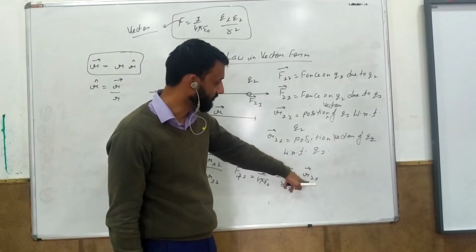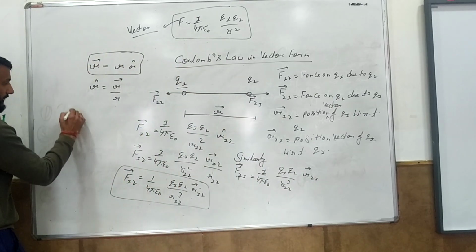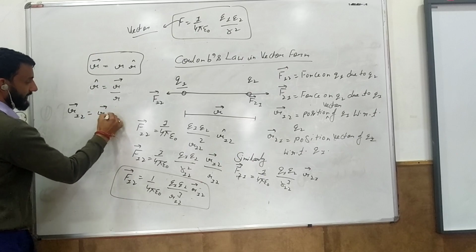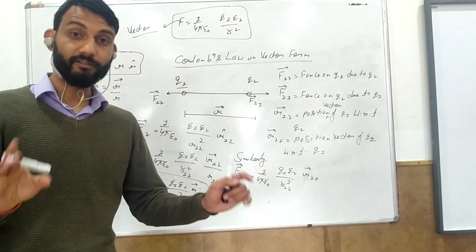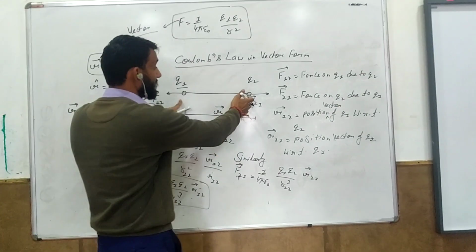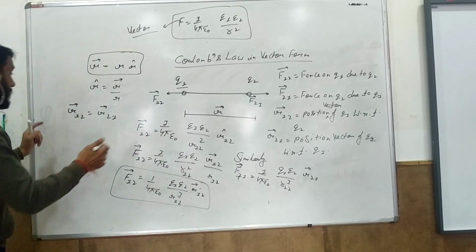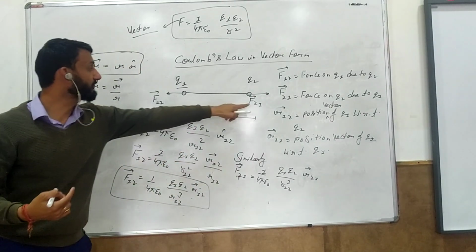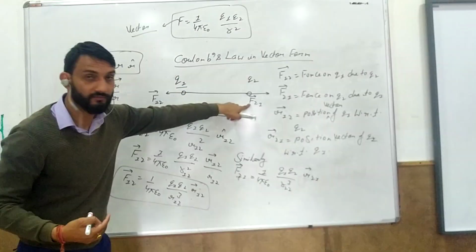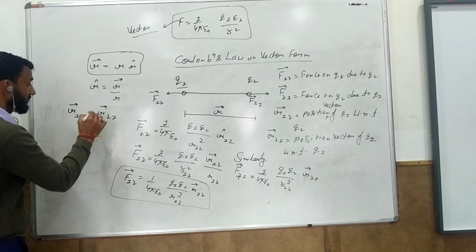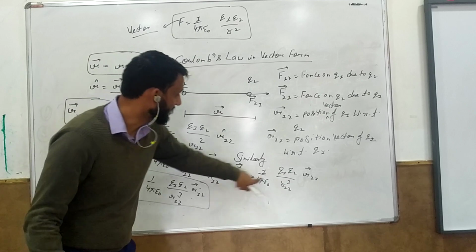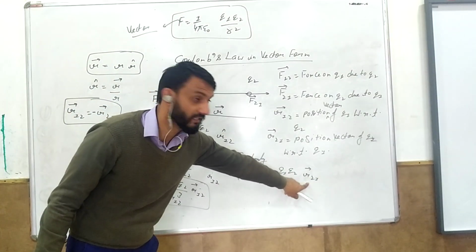Now guys, remember one thing, that R12 is the position vector of 1 with respect to 2, and R21 is the position vector of Q2 with respect to Q1. This R12 and R21, they are equal in magnitude. Why? Because the distance is the same, but they are opposite to each other. One is telling you the position of this particle with respect to that one, the other is telling you the position of that particle with respect to this one. So they are in opposite directions. That is the only difference. So instead of this, if I write